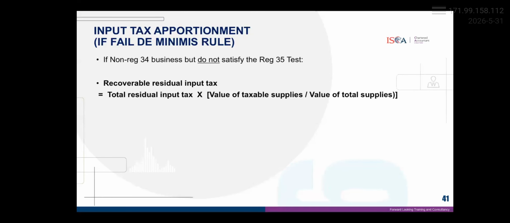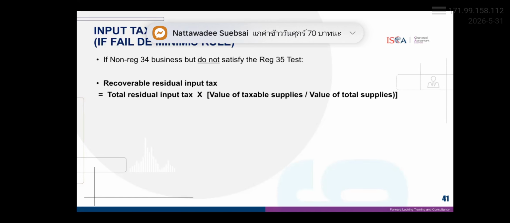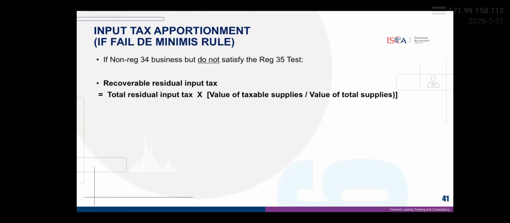Now, if you are not a Reg 34 business, not a bank, but a normal business, but you don't satisfy the Reg 35 test, in this kind of situation, then the amount that you can recover from the residual input tax will be equal to the total residual input tax multiplied by the value of total taxable supply divided by the value of total supply. Now you realize that the part on Reg 33 exempt supply is missing because